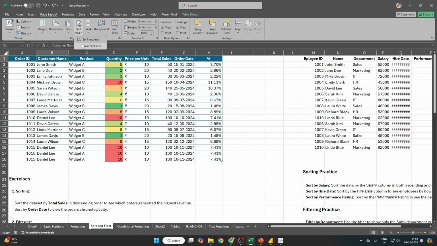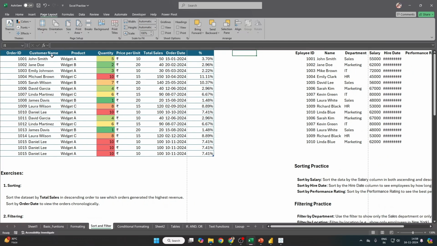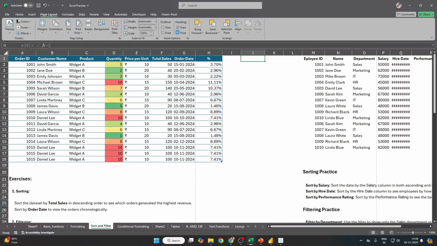When you want to look at the print area, clear print, it's about printing. In page layout, we only use gridlines. If I want to remove them, I showed you in the first session, right? Headings, if you want to remove these headings, you want to look at print rows, remove print rows that you want to see, you can use them. Bring forward: in this case we will not use it, but when we add more elements on it,